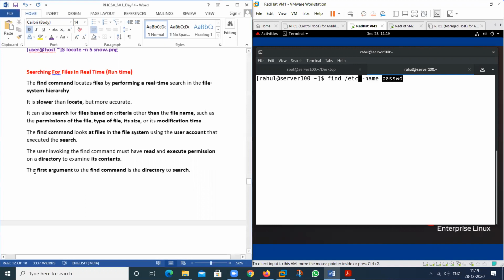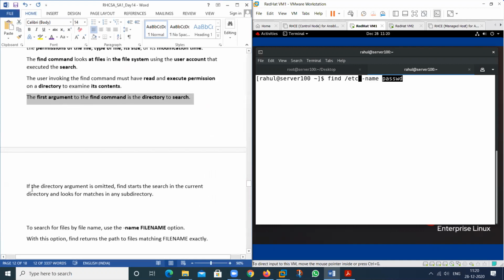See here, the first argument to the find command is the directory to search. So where is the location you want to search the file? If the directory argument is omitted, suppose I am not using this, then what will happen? Nothing.